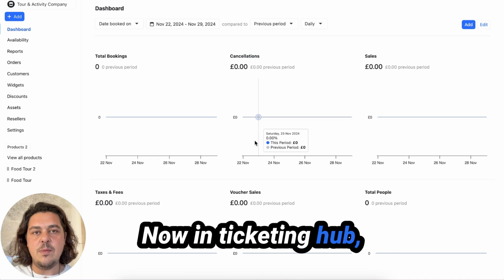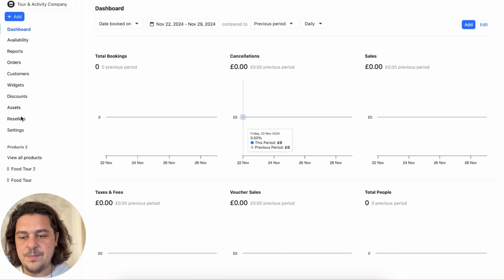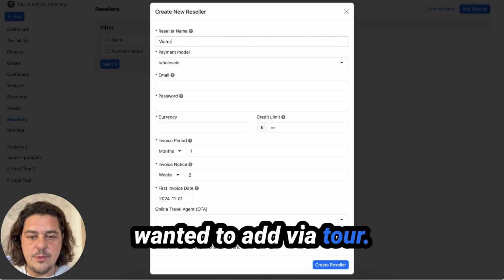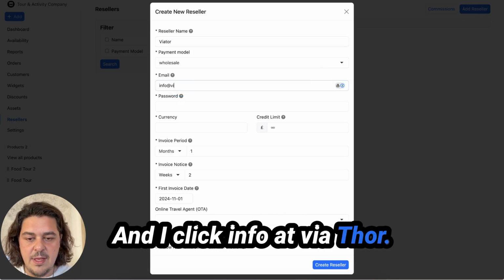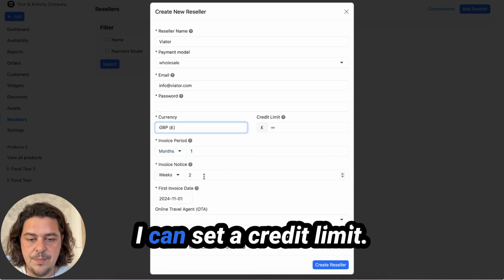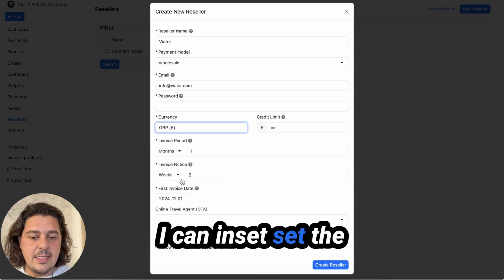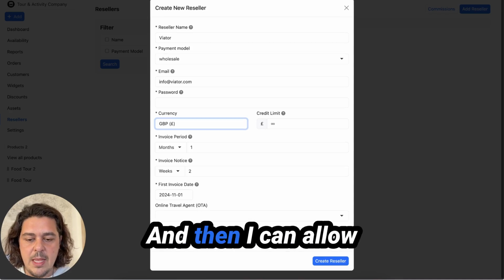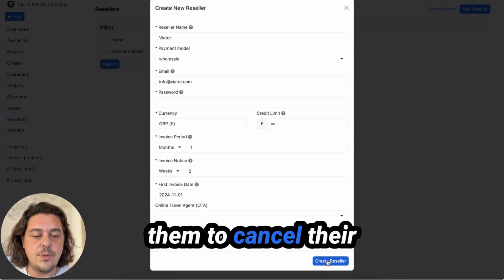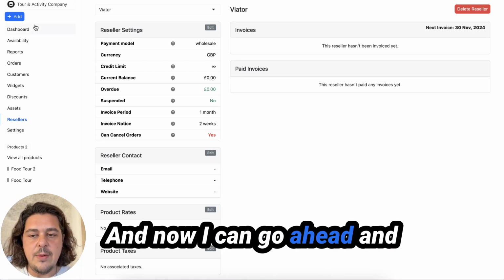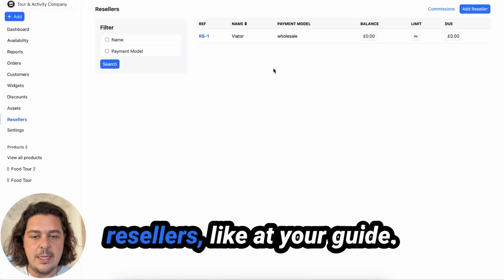Now in TicketingHub, we can go to Resellers. We can click Add Reseller, and let's say I wanted to add Viator, and I enter info@viator.com, and then my currency is going to be pounds. I can set a credit limit. I can set the invoice period, which is a small reporting feature that we have. And then I can allow them to cancel their bookings via the API. That's it. I've created Viator,